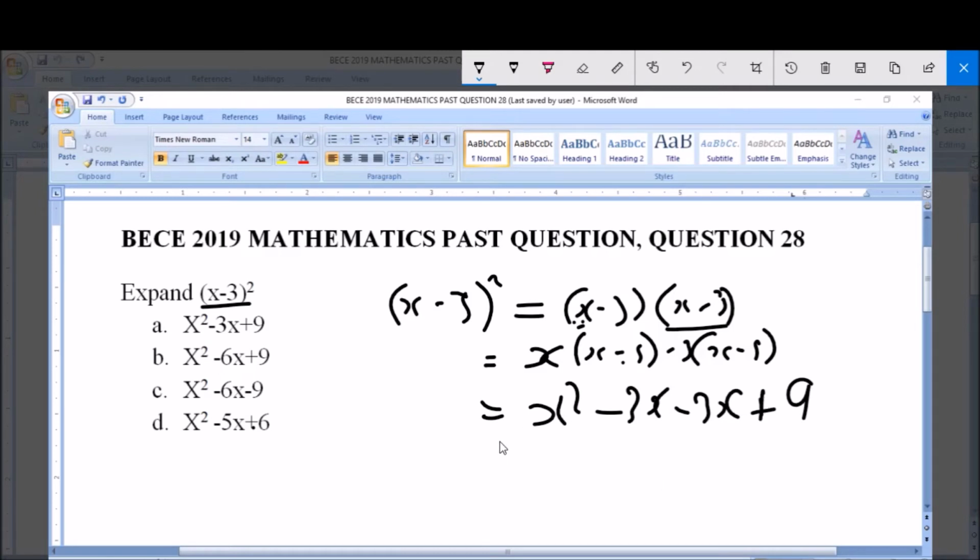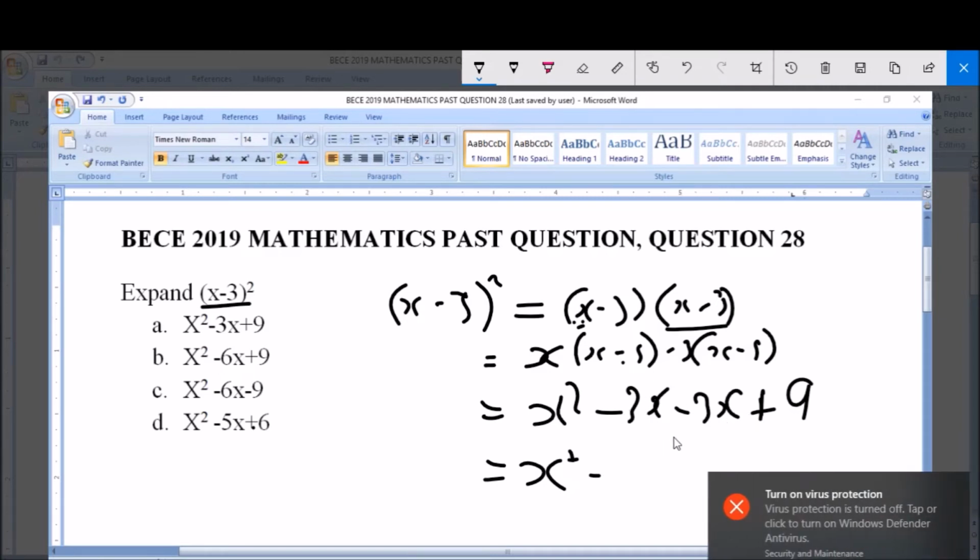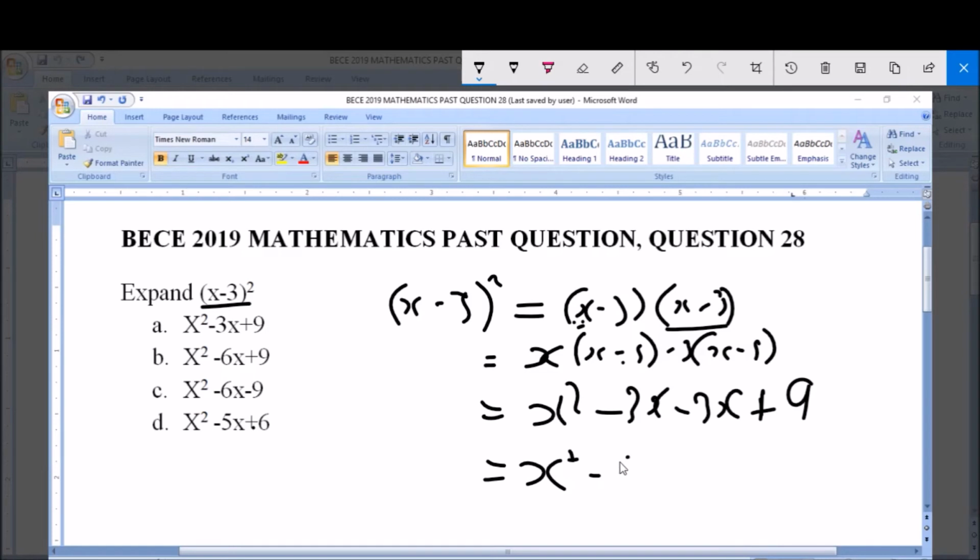Now let's continue. So here we have x square. Minus 3x and minus 3x are like terms. So minus 3x minus 3x is the same thing as saying 3x plus 3x, but because they are negative, the answer will be negative. So you have minus 6x